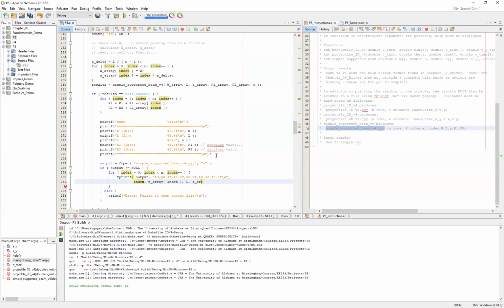We follow that up with the A, or the location of that load, respective between 0 to L, also driven, if you would, by the index. And then lastly, we have our R1 array, not the singular value of R1, but the R1 array, also controlled by the index. And then our R2 array